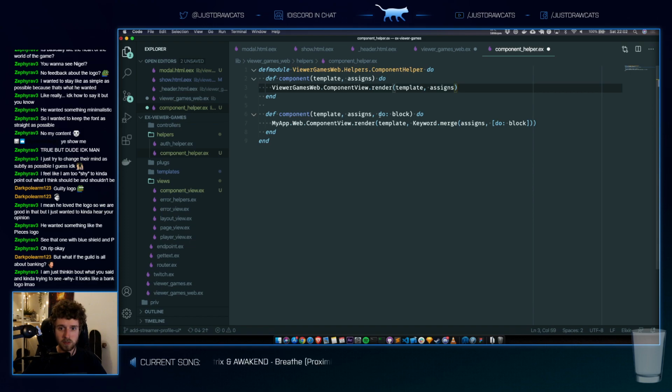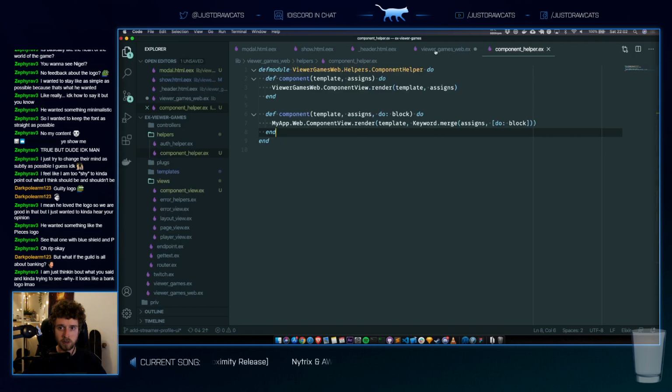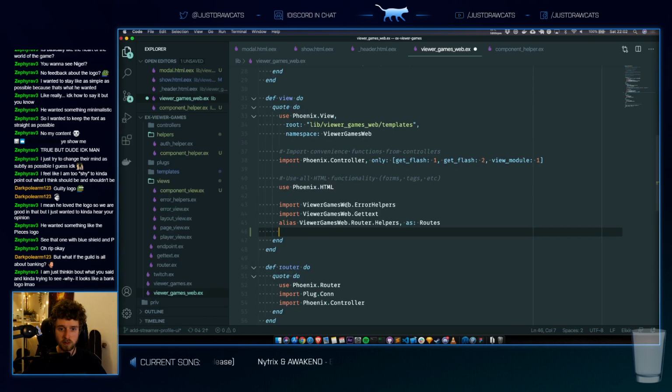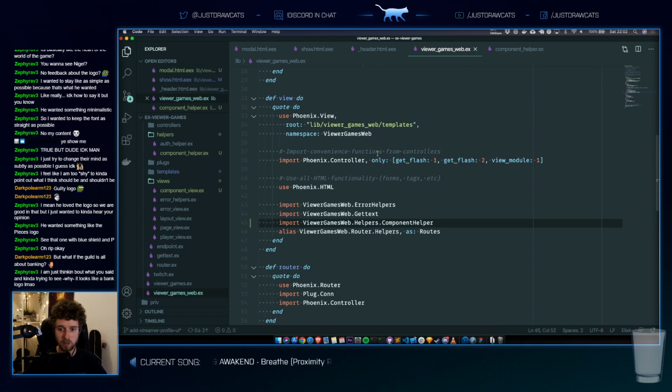Render component do block. Right. And then we go to here and then we say import. This is like a very good article.